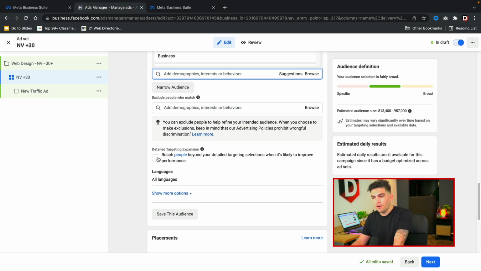Here you have detailed targeting expansions. I personally would not check this at all. This is just Facebook's way of trying to get people to click on your ad more, and these could be irrelevant visits or links, and I'm not really sure. They do change this time to time, guys, so I'm really not sure about this, and I don't think anyone on the internet can give you a solid answer if this is truly effective or not. But hey, that is just my opinion.